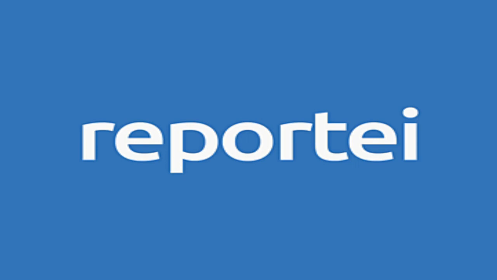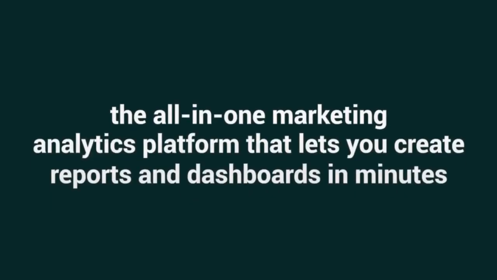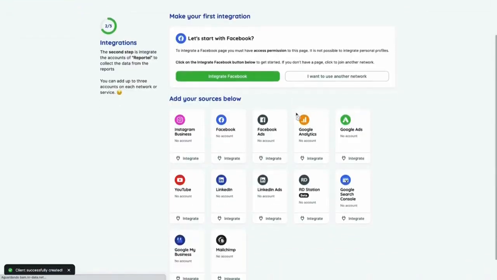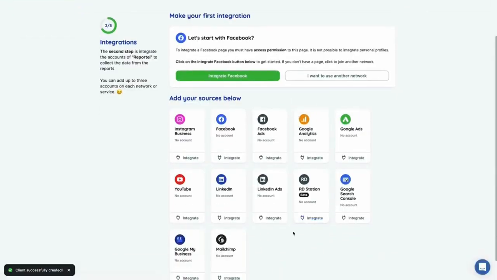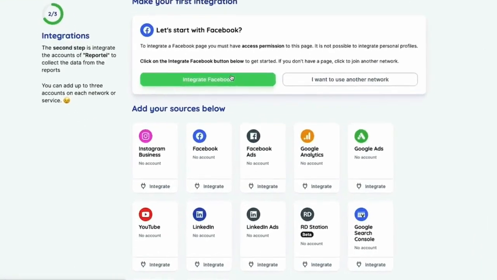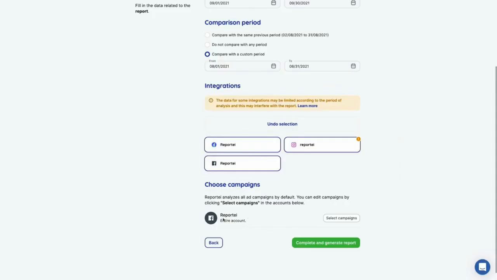If you have ever been in an overactive group chat or at your family's Thanksgiving dinner, you know what it's like dealing with information overload. But when it comes to digital marketing, you need all that information to make sure you are leveraging content as effectively as possible, right? If only you didn't have to waste time manually collecting data, so you could focus on strategizing with your clients, right? So you can go through Reportee. Okay, so if you want Reportee, you can use it with this tool. What you can do, I will tell you.